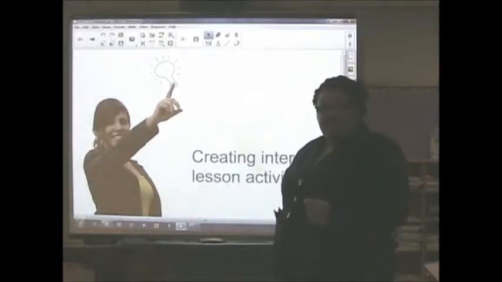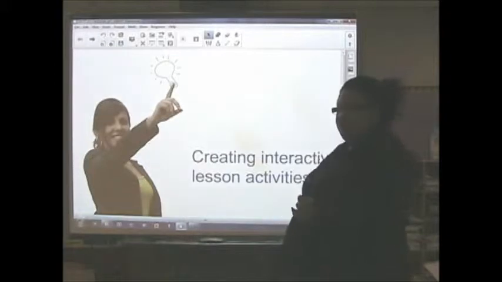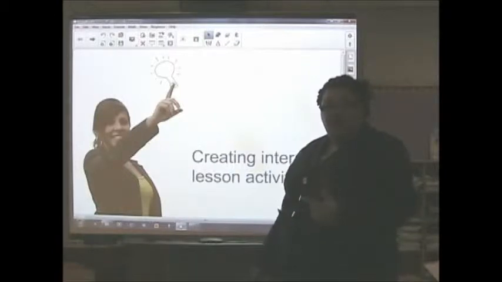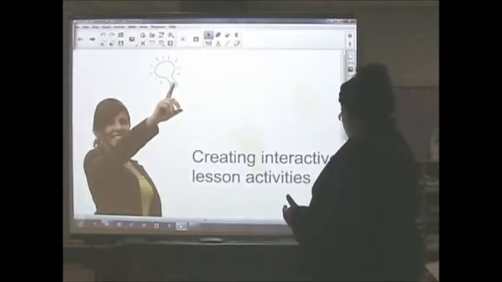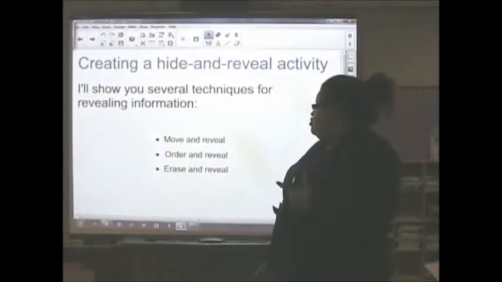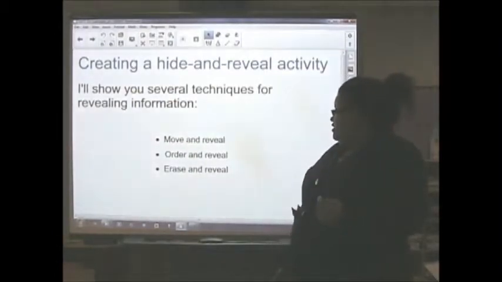How to create interactive lessons using Smart Notebook 11. For those of you that are following along in your learner's workbook, pages 41 through 43 will walk you through the steps on creating this process. The three activities that I would like to demonstrate for you today are move and reveal, order and reveal, and